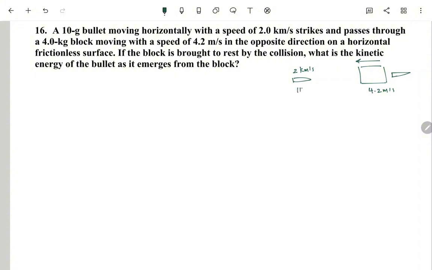Now, assuming that this is system 1 and this is 2, momentum is conserved, which means m1 v1 initial plus m2 v2 initial equal to m1 v1 final plus m2 v2 final. And as mentioned in the question, the block after the collision is brought to rest, so this one will be equal to 0. When we substitute the numbers, m1 is 10 grams, it has to be in kilograms, so it's 0.01 times the speed, 2 kilometers per second, which has to be in meters per second, or 2000 meters per second,